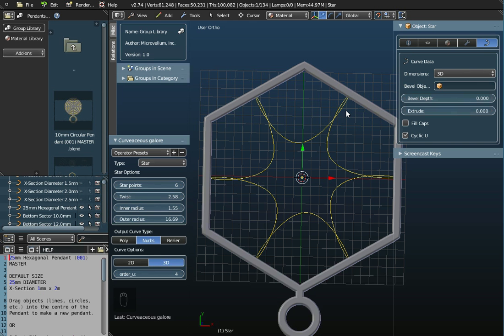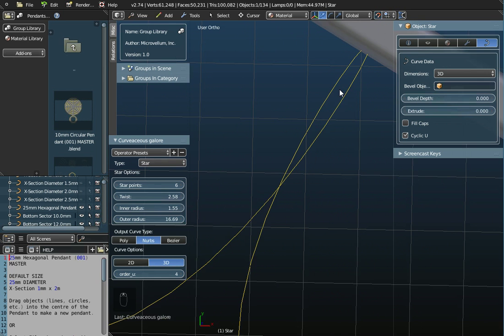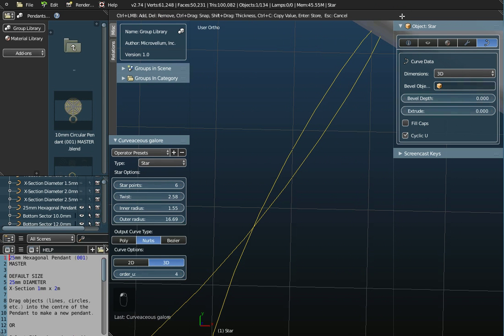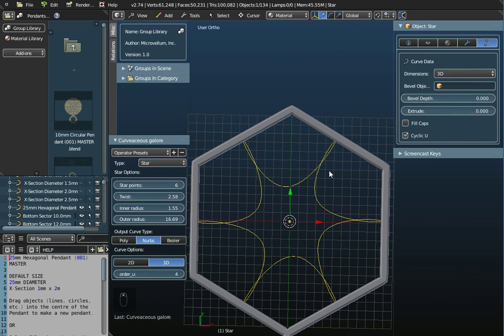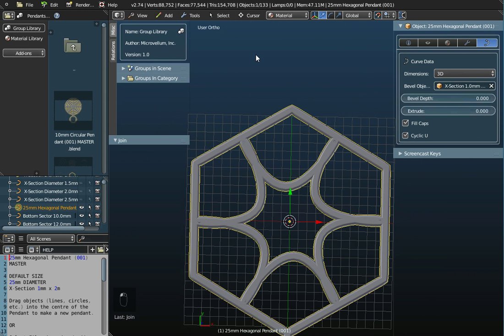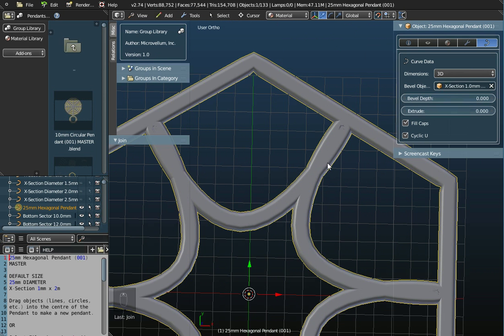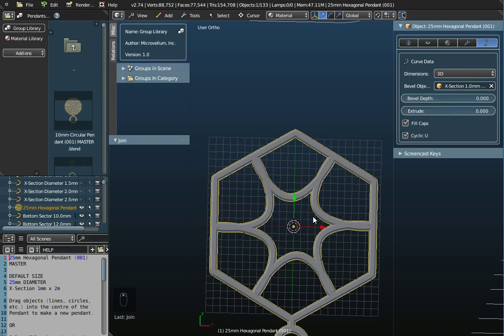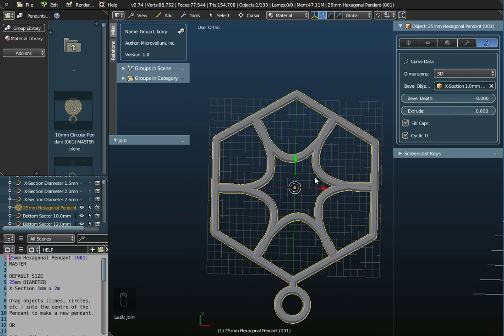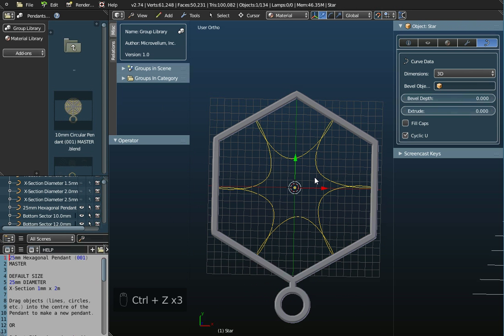So you might be happy with that. But what you've got to take into account is that when you apply some thickness to that, is there going to be any gap here? Well, that's 0.2 of a millimetre, so no. You're not actually going to get that gap when you join these together. So if I hold down the Shift key and highlight the pendant itself and go to Tools, Object Tools and Join, you can see that that disappears now. So that's the pattern that you get, which isn't particularly attractive. So if I just do Control Z and undo,